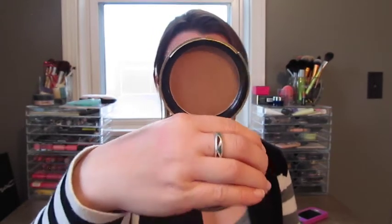And then my last bronzer is this Too Faced Chocolate Soleil. And this is the medium deep matte bronzer. And I haven't had this as long. It looks like that. This thing smells like chocolate, first of all, which is amazing in and of itself. It smells so good. But the color of it is excellent. It's nice and deep, and it's gorgeous. I love this. I've been using it non-stop since I got it, so I definitely recommend the Too Faced Chocolate Soleil